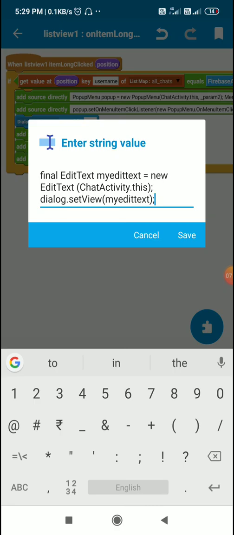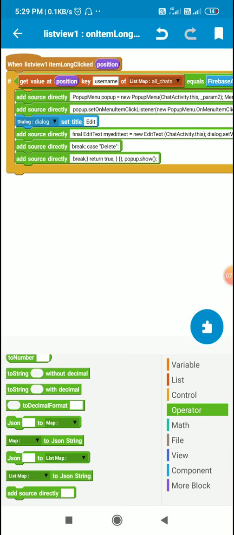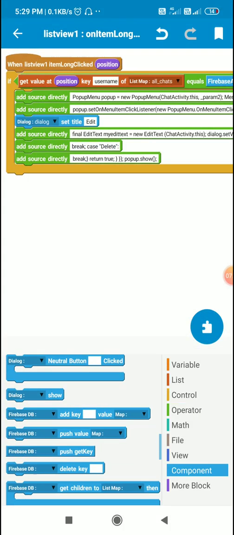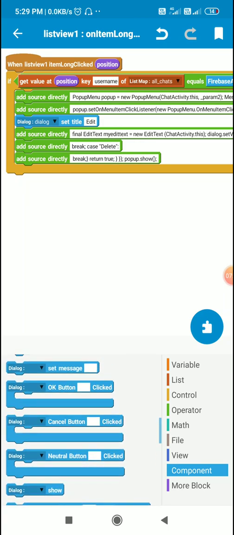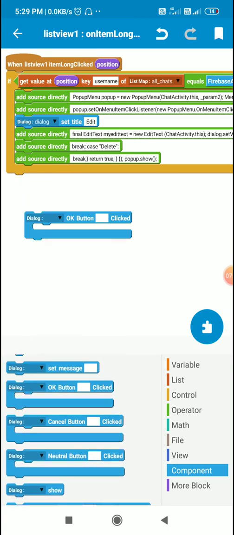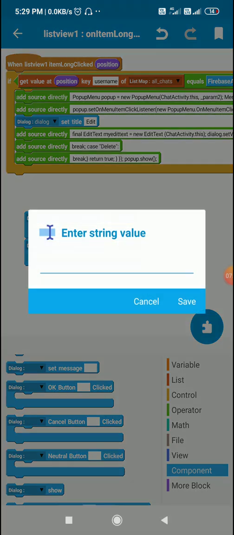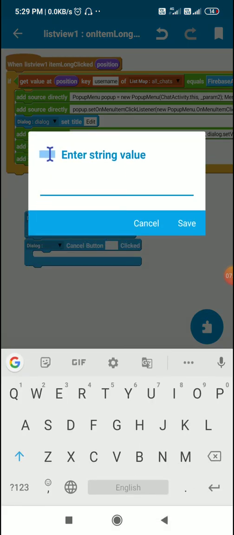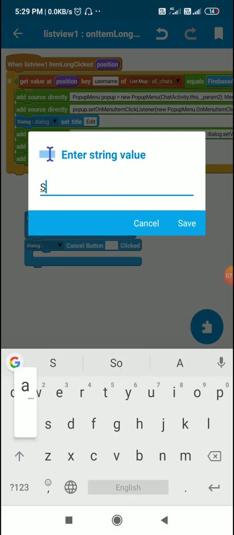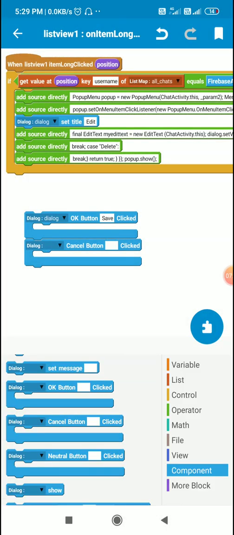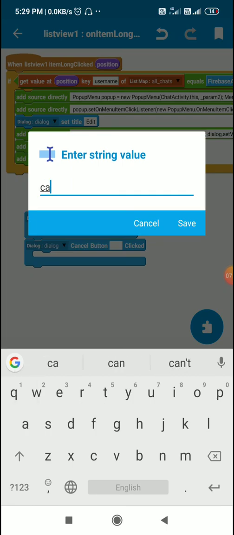After this I will add the dialog OK button and dialog cancel button. The dialog OK button will be save and the dialog cancel button will be cancel.